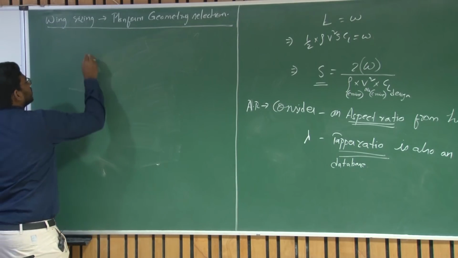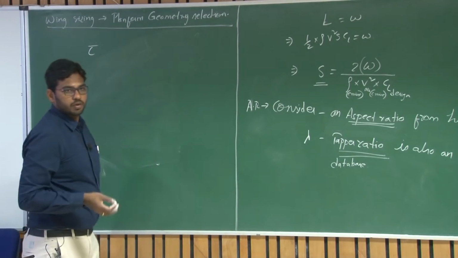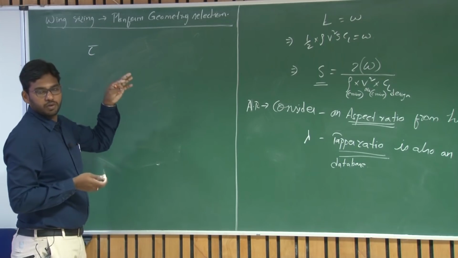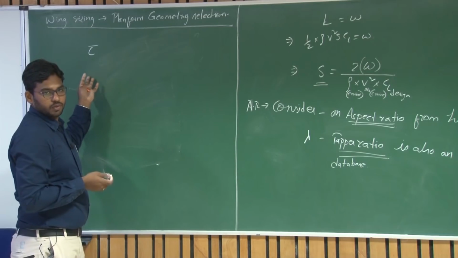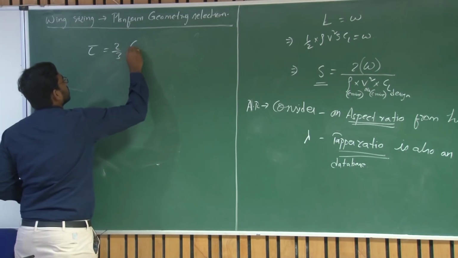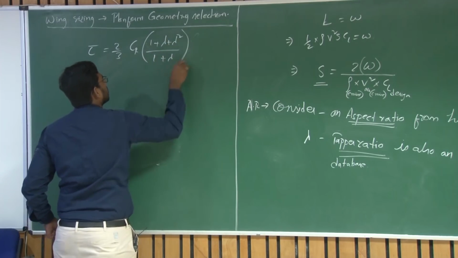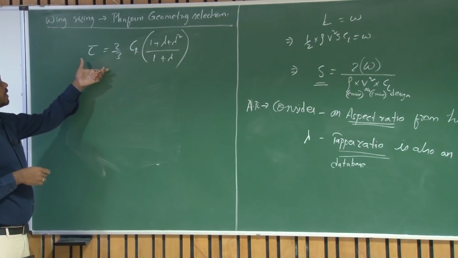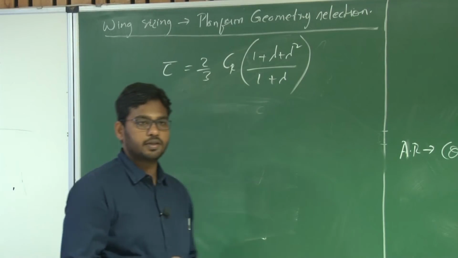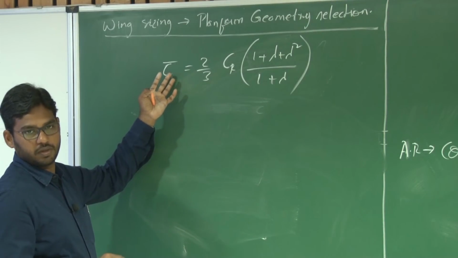So how to calculate the mean aerodynamic chord? Because ultimately we need to figure out the aerodynamic center of the wing. That will be approximately 0.25, like 0.23 to 0.26 of C bar for a subsonic aircraft. C bar equals 2/3 Cr into (1 plus lambda squared plus lambda) divided by (1 plus lambda). So you can analytically estimate the C bar or the mean aerodynamic chord. With this C bar, you will be able to locate the aerodynamic center of this wing, approximately 0.25 times this mean aerodynamic chord.